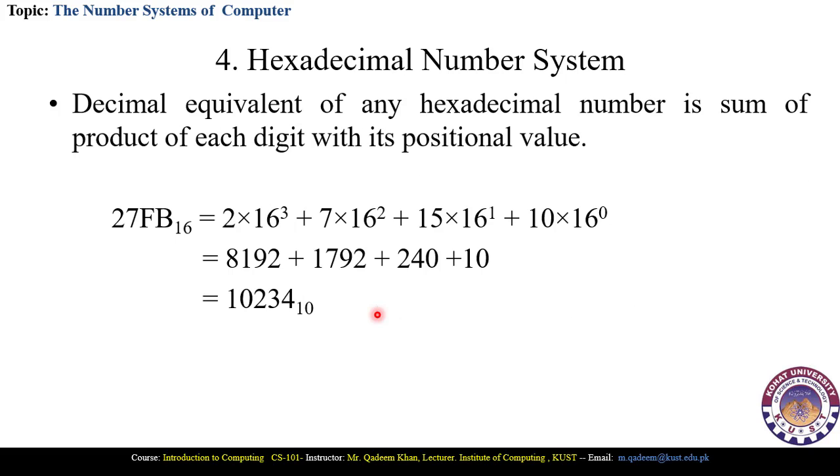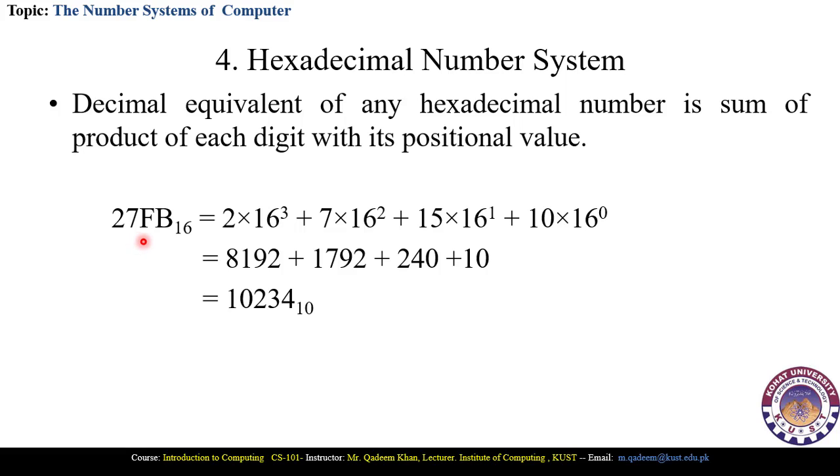Here is an example of converting hexadecimal to decimal, which is the sum of the products of each digit with its positional value. In the hexadecimal number system, the values comprise the digits 0 to 9 and the symbols A to F, which are different symbols. A represents 10, B represents 11, C represents 12, D represents 13, E represents 14, and F